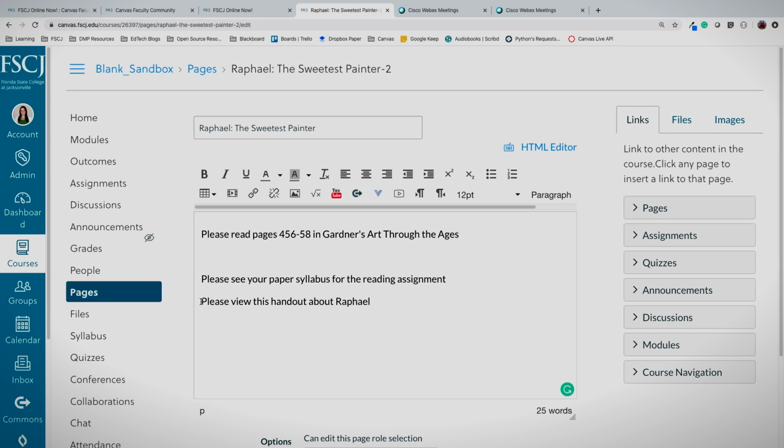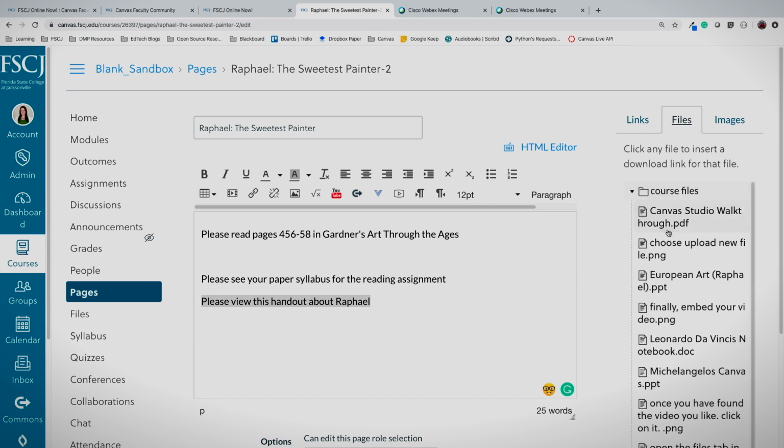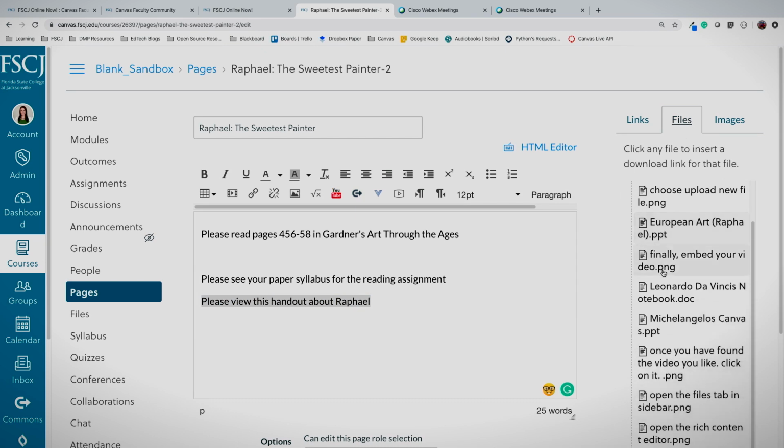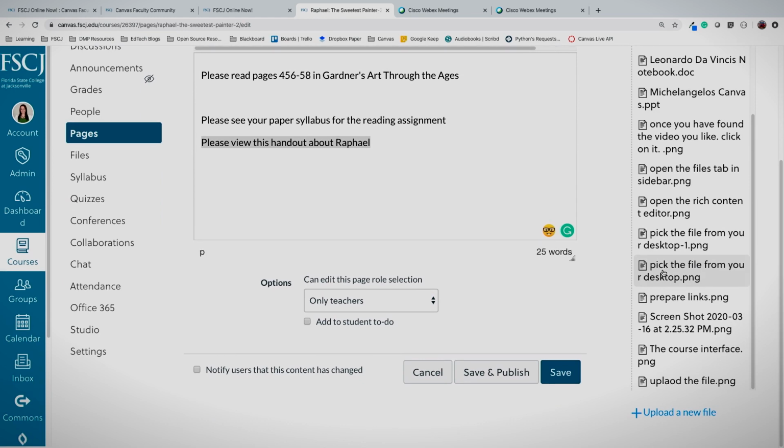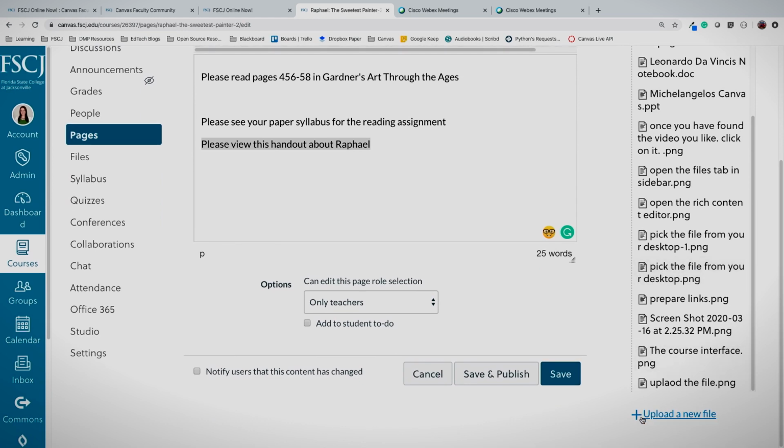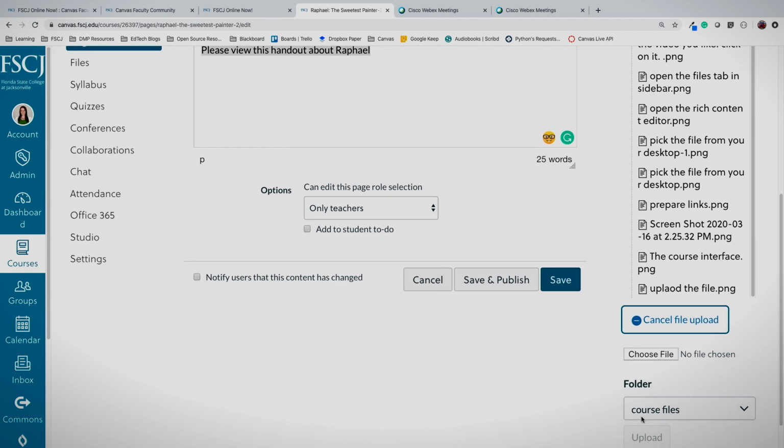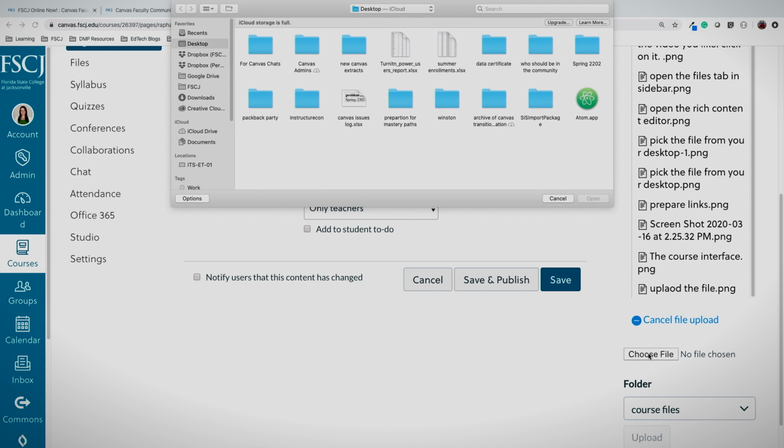Right. Then you can go ahead and hover over that text, come over here to what's called the sidebar, to the Files tab. All right. And now I can either look for files that are already in the course, or I can go ahead and upload a new file at the bottom. All right, now, never fear if you're not following me. These exact instructions are in the module that contains the course instructions, so you have all this information at your fingertips. I'm clicking Choose File,